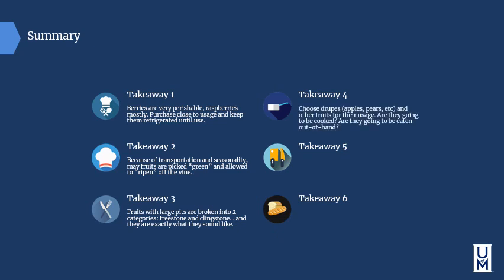Choose drupes, such as apples, pears, etc., and other fruits for their usage. Are you going to cook them? Are they going to be cooked, or are they going to be eaten out of hand or raw? Keep fruits stored properly. Do not store ethylene gas producers next to items that are in danger of degrading due to outgassing. And finally,